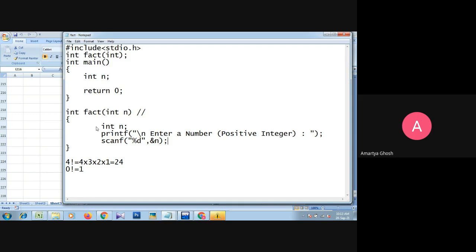Now we have to call the function, but we call the function in a clever way, that is during the print section.